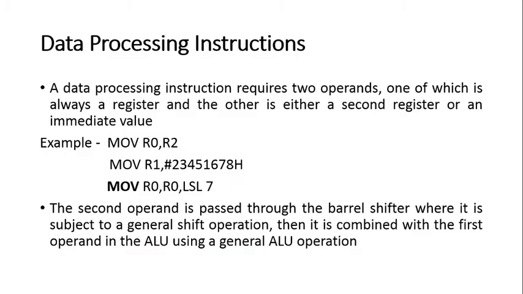That is something called data processing instructions. During the data processing instructions, we have seen that there are two operands. One of the operands is a register whenever you perform a data processing. The other operand can be a register or it can be an immediate data. As I listed an example here, now in this example,